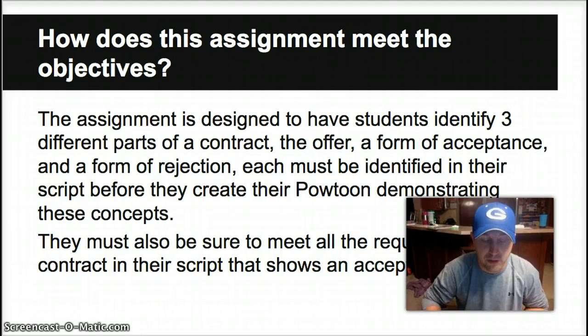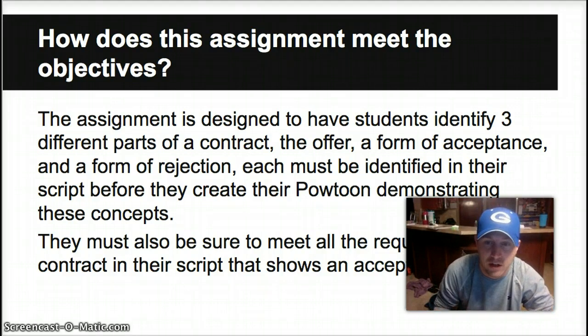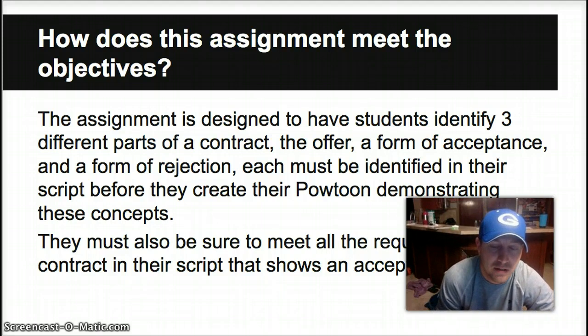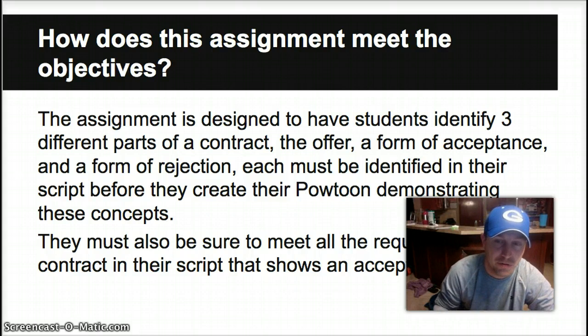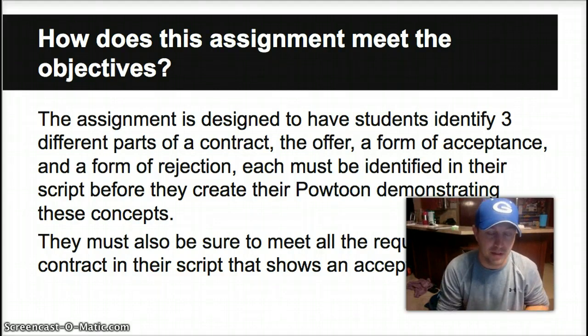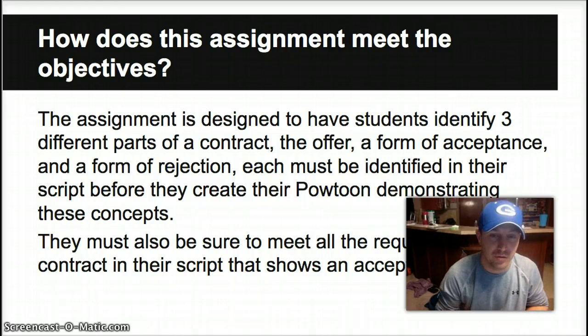So when you're building your contract and you're showing offer, an acceptance, and a rejection in those types of situations, you need to make sure you address the 6 requirements of a contract, especially when you're putting in the acceptance part, so you can show a completed agreement. Because if not all those requirements are met, then your acceptance really won't be shown in the completion of your